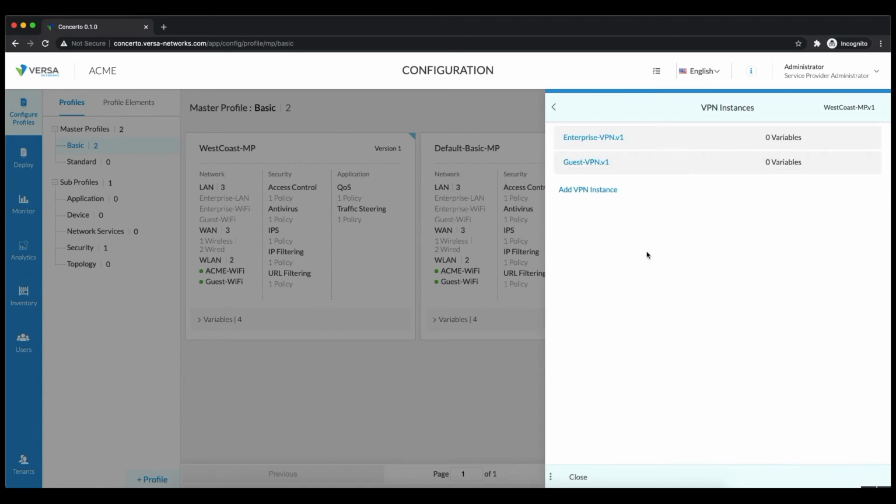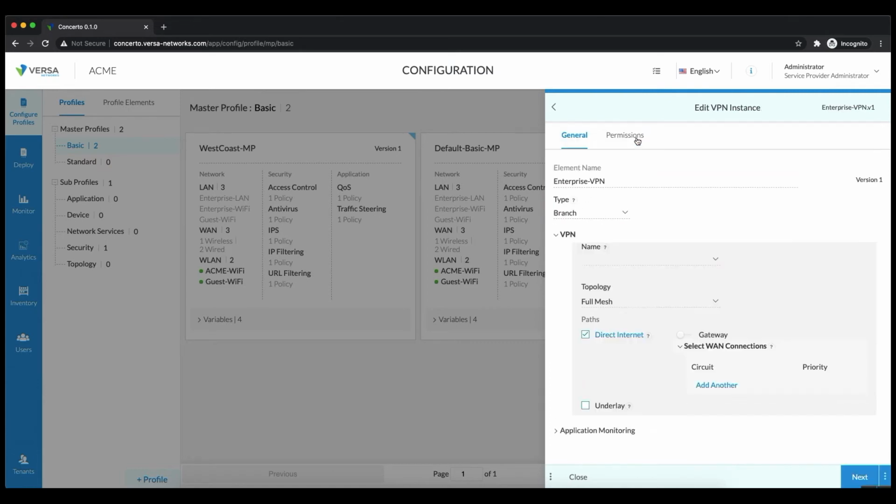And here, like 2 VPNs. One is for the enterprise by default. As you can see, it comes with the DIA enabled. Since DIA is enabled, you need to choose on which interface you want to do the DIA and the priority one. This is where I want to do direct internet access. Or if you don't want any DIA, you want to only send all the traffic on the overlay, then you just turn it off. But let me keep it on and then choose this,